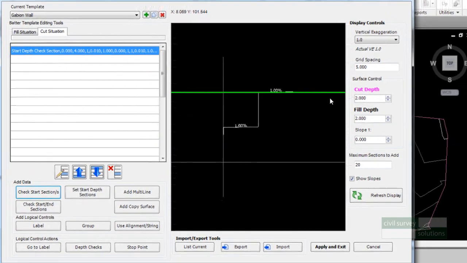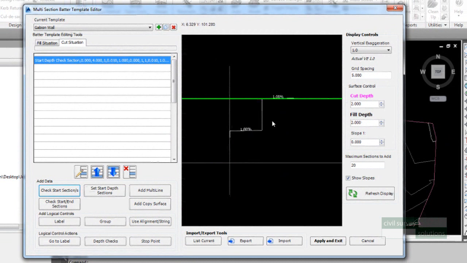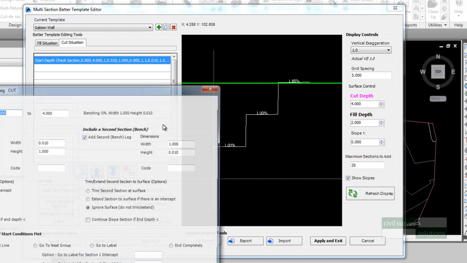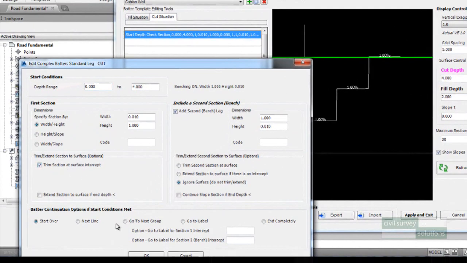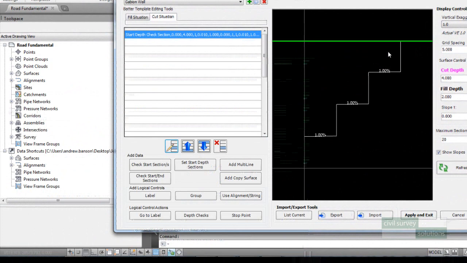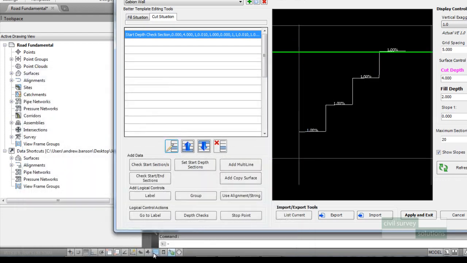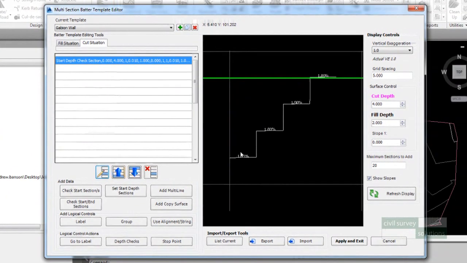So if I click OK, you can see that between 0 and 4 meters, I've got a 1 meter high section, and then I'm going across at 1 meter, and it's just extending past the surface. So if I did want that first section to trim to the surface, I could tick on trim section at surface intercept, and you can see that it's trimming to the surface there. But in this example, I don't want to do that. What I want to do